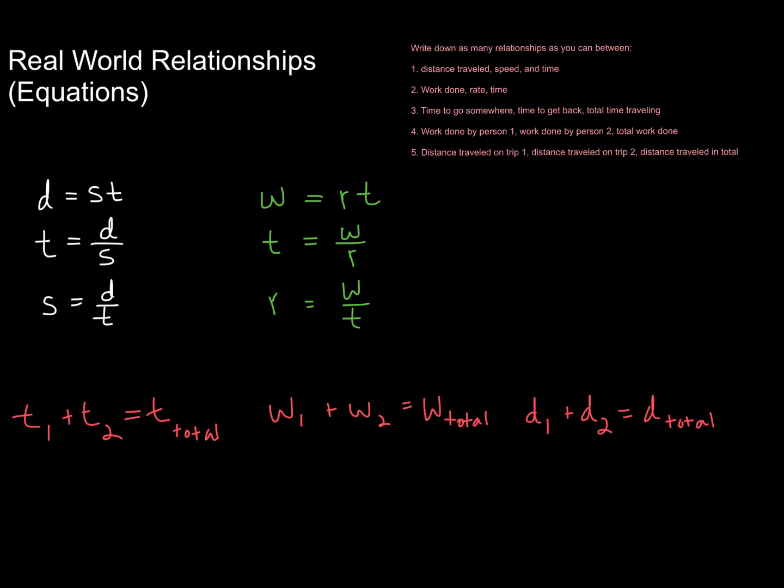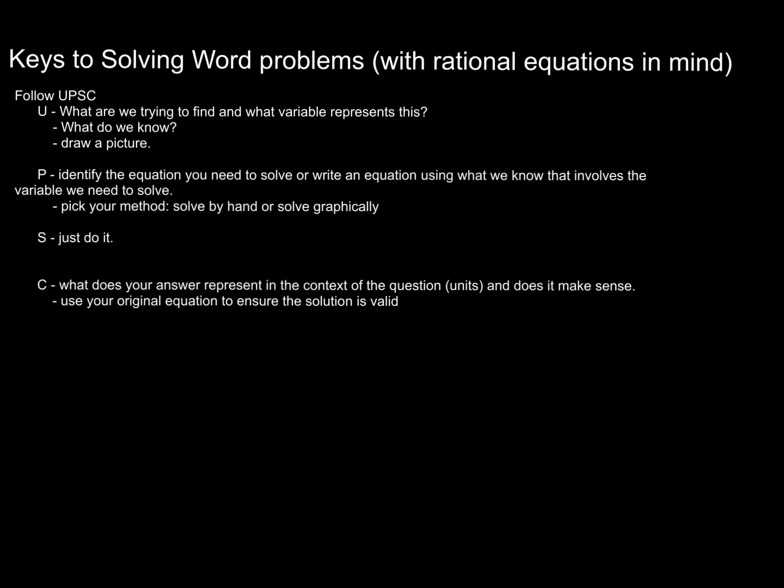so that we can create an equation that will allow us to solve for the variable that we seek. So you'll want to leave a little bit of space here in your notebook because we'll add on to this as we go on. There will be a couple of other relationships that we can take advantage of. Now that we have a clear understanding of those simple real-world relationships, when we go to solve word problems, we can utilize these in order to write equations that will benefit us. In other words, an equation that will include the variable that we're trying to solve for